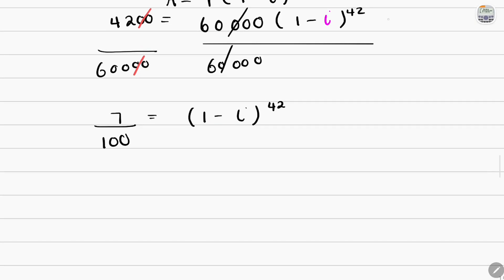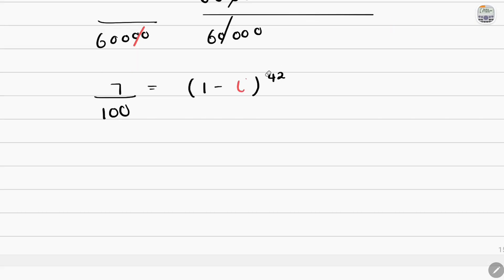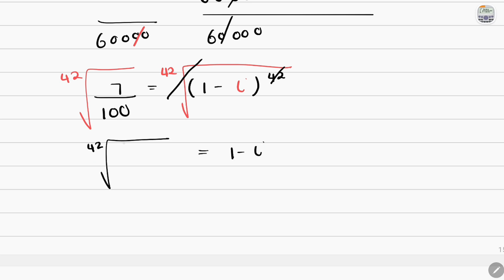Now we're still trying to get to the I, so we're going to get rid of that power of 42. So we will find the 42nd root of both sides. But I'm not going to find that answer. I'll leave it like that because I don't want to work with decimals for now. And so this breaks open, and now we have 1 minus I is equal to, again, the 42nd root of 7 over